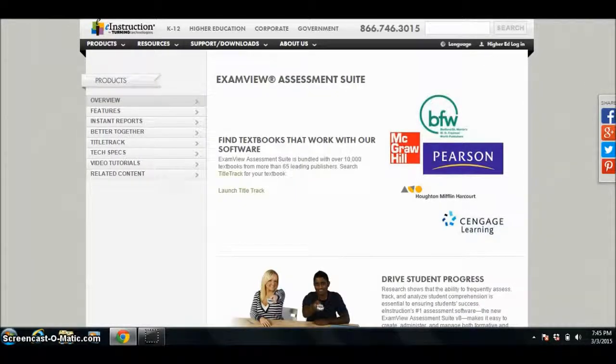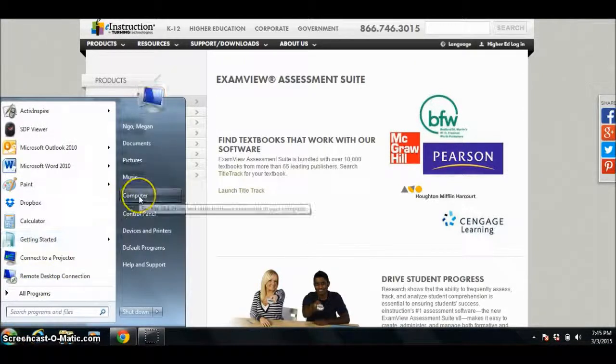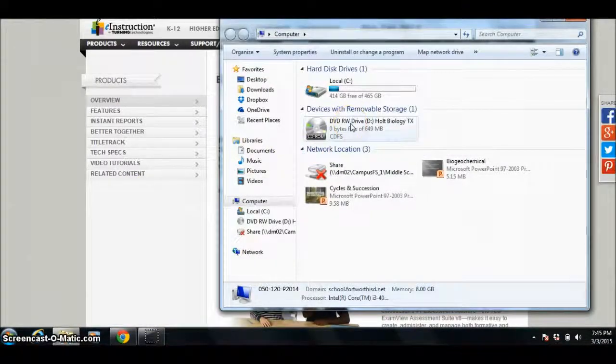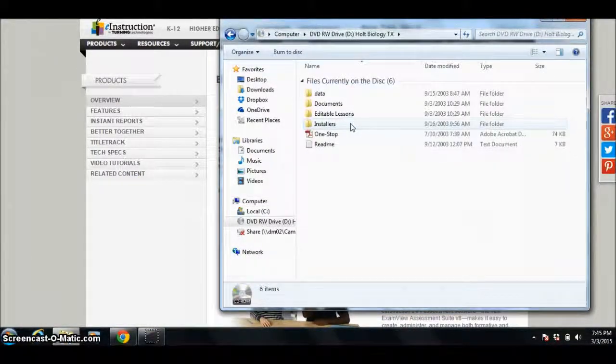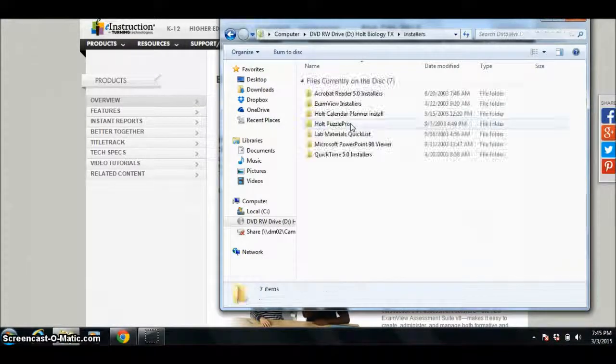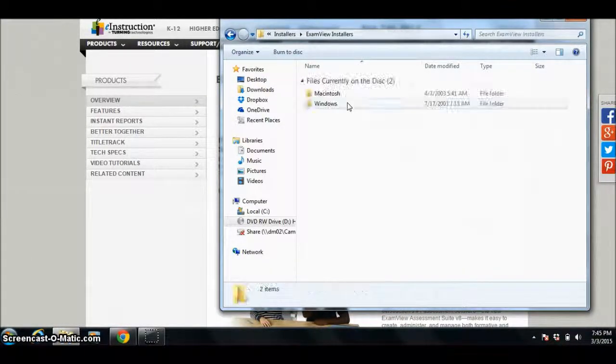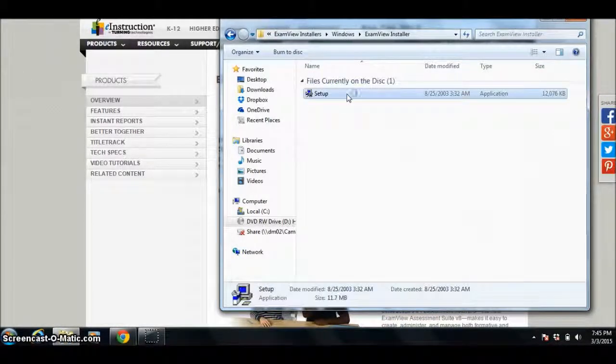To install ExamView Pro, you need a CD. You need to put that inside your laptop or your computer. Go to the Start menu, Computer, and then click on your CD. You're going to click on Installers, ExamView Installers, Windows, ExamView Installer, Setup,